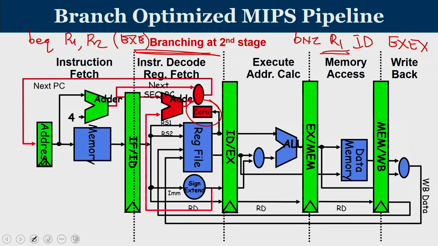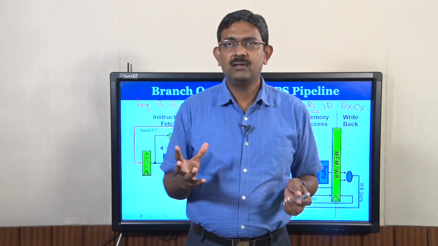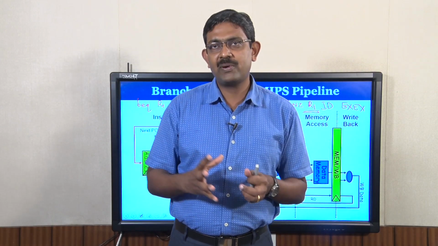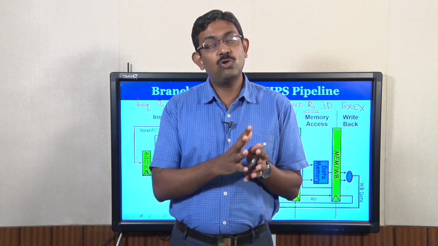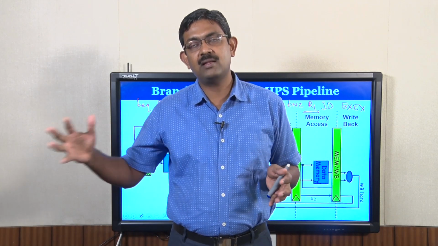That is called the 0 unit that we are seeing in the pipeline. So, the PC plus 4, that is our normal one, will be available, and test of 0 can be done as early as the second stage, because it is reading a register value. Then and there itself I can check whether all the bits of the value being read are 0 or not. So, if we properly manipulate branch instructions, or define what the operands of a branch instruction are, then those operations can be done early in the pipeline.